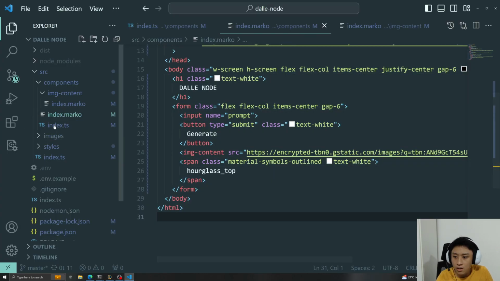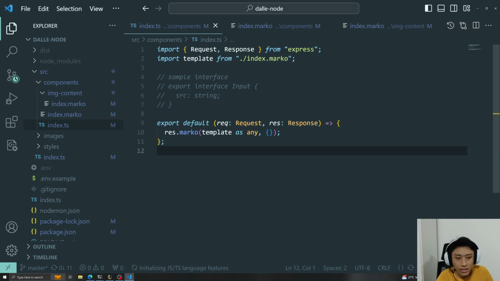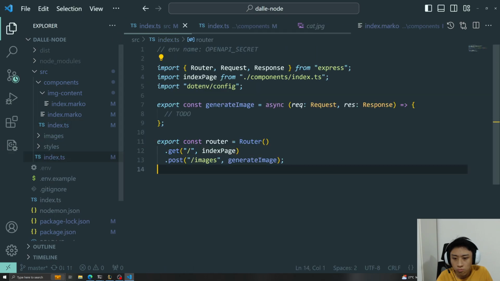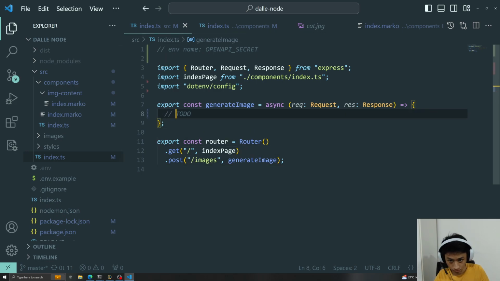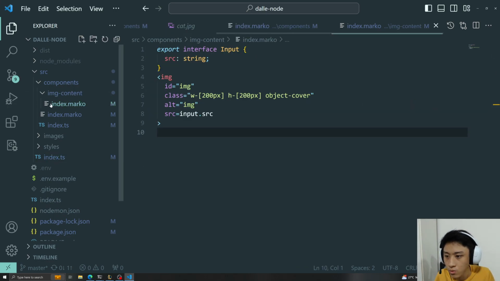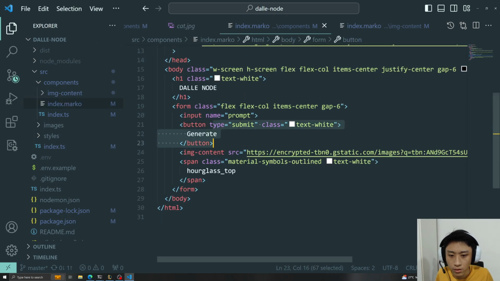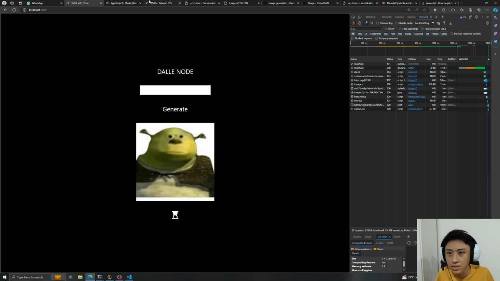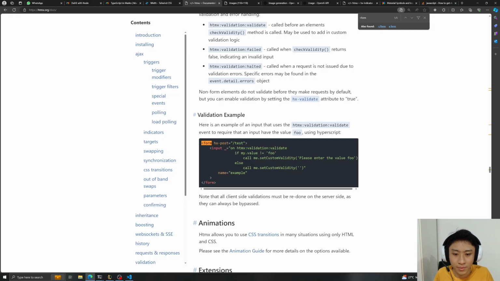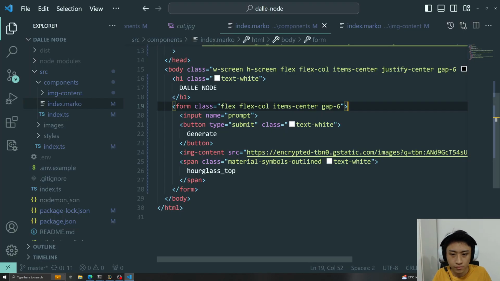Next, whenever I receive data, okay, so from the index.marko, when I click the button generate, I want to trigger a post request. So this is about HTMX already. So I can say that it's hx-post to /images, send a post request, and then